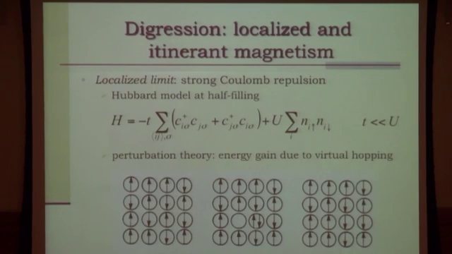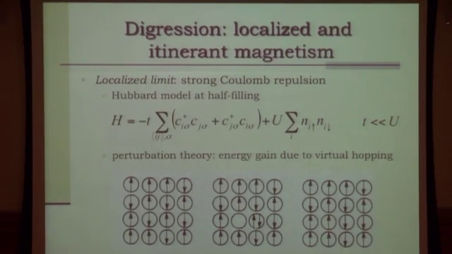So let me do something that we have all seen one day in our lives, the Hubbard model. I have two terms. The hopping term, which gives the probability of an electron hopping from site i to site j. So you destroy the electron at site j and create it at site i, and vice versa. By doing that, it gains an energy t.